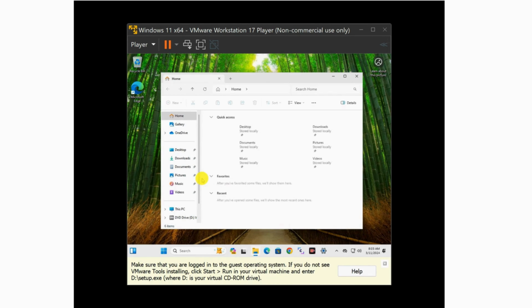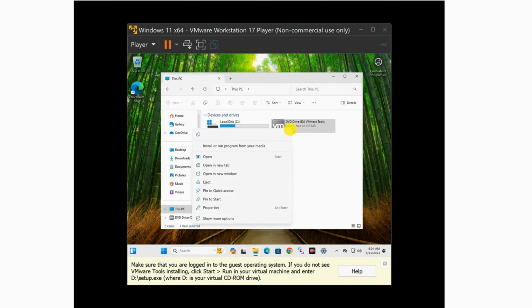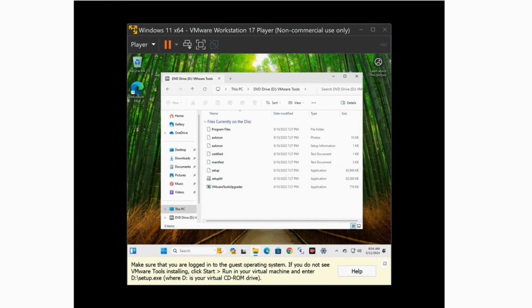Then click on This PC in the left side panel and you will see VMware Tools is mounted on a virtual DVD-ROM. Right click on it and select Open. Now double click on Setup 64 to install VMware Tools, and then your guest machine size will become normal.